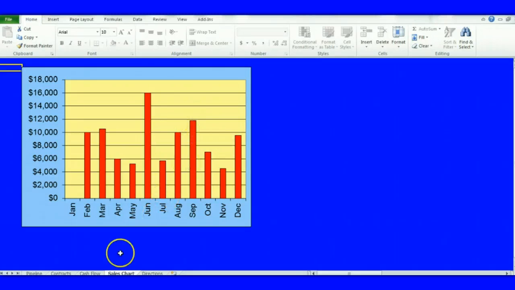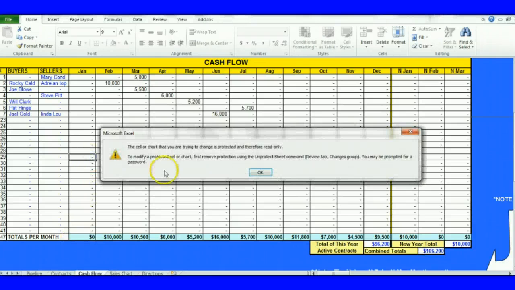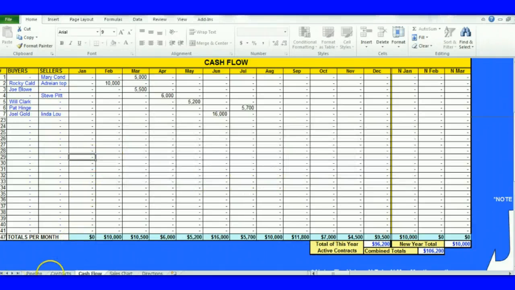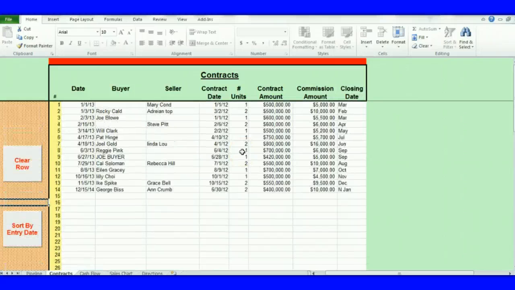But what I want to do now is go back here to your cash flow. We don't have anything here. You can't make any changes here. It's not going to work. But you have to go back to your contracts, and let's say we're going to take somebody that's in your contracts. No, we're not in contract. We're still in cash flow. Hold on. Here we go. We're going to get something in contracts, and we're going to take somebody. Let's say that they're in